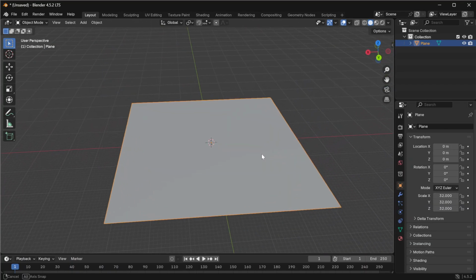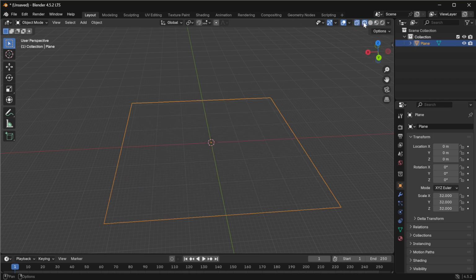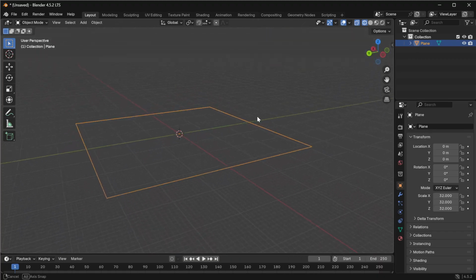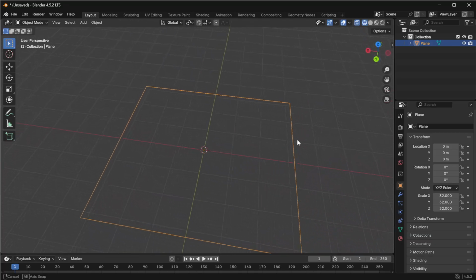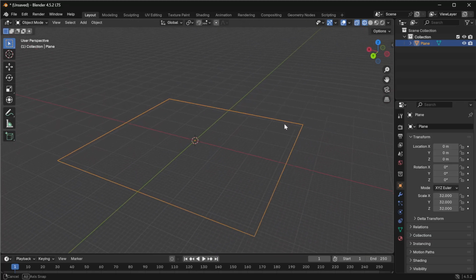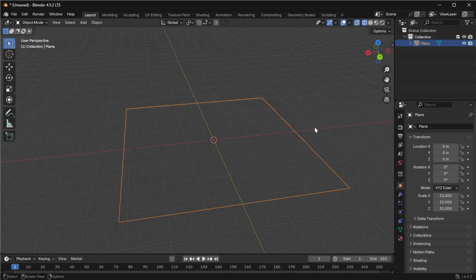And speaking of different options for previewing, there's also an option here to view it as a wireframe, which you can see that this is just a quad. And that terminology is very important because Horizon supports quads and tris. It does not support n-gons. And so to show you what a triangle looks like,